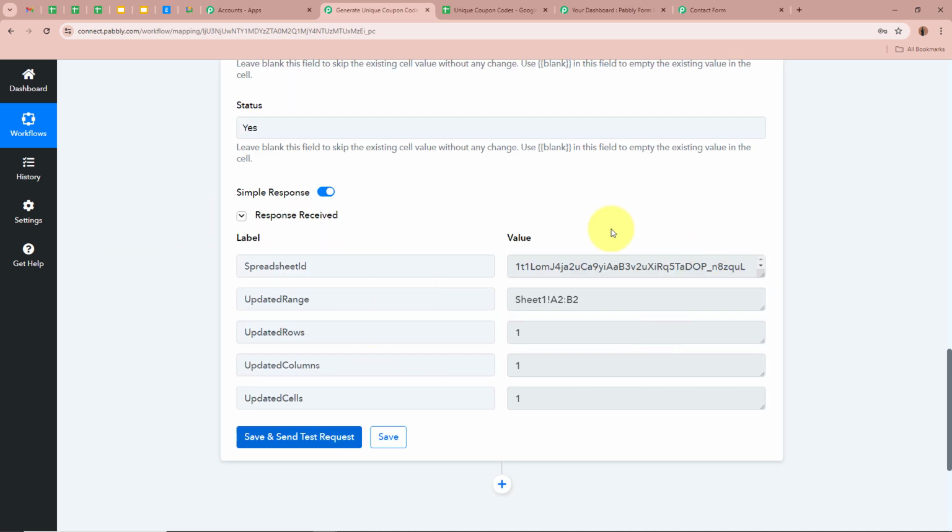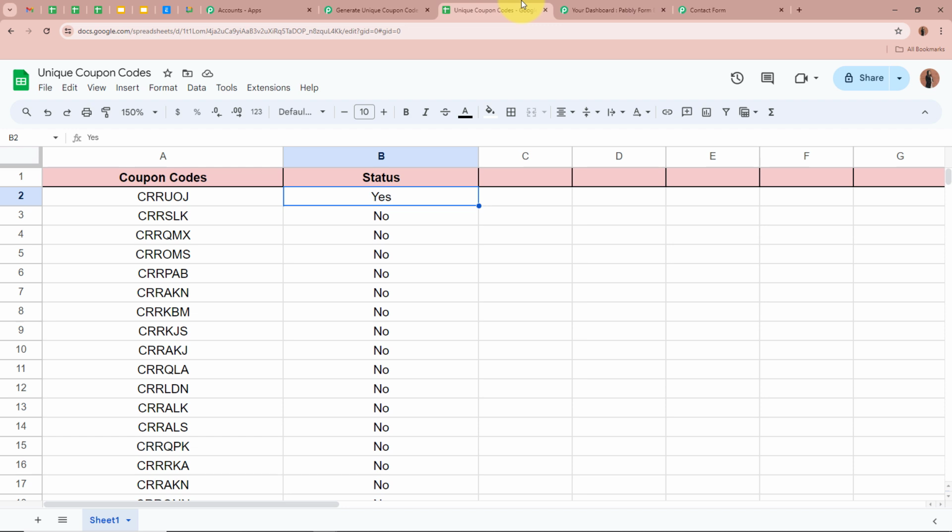button. As I've done that, you can see we have received the response, and the response that we have received is a positive response. So now I'm going to open the spreadsheet, and you can see for this coupon code, the status has now become yes. So now this coupon code is not going to be utilized anymore. So as we have now done that, this means we have successfully created an automation with the help of Pabbly